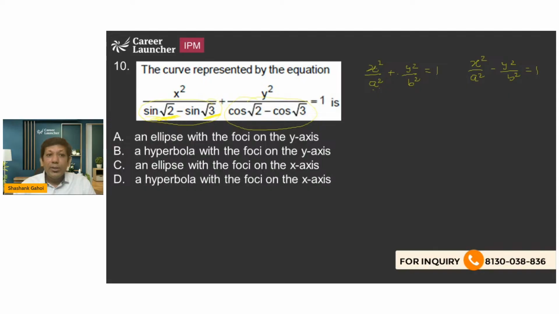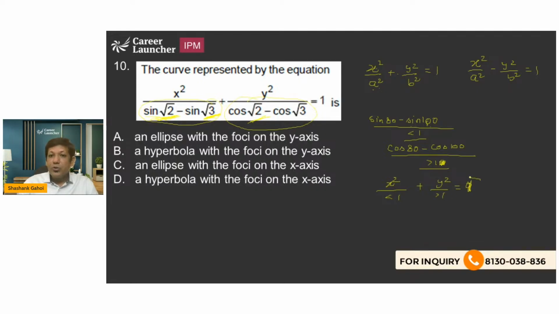ठीक है। sin root 3, ये भी रेडियन में है। Now basically sin root 2 is going to be close to sin 80, 85. ठीक है। So this number is going to be close to 1. ये वाली वैल्यू होगी ये 9, ये 100 के आसपास आएगी, तो sin 80 माइनस sin 100। अब sin 100 तो पॉजिटिव ही होगा क्योंकि सेकेंड क्वाड्रेंट में पड़ेगा sin 100। सेकेंड क्वाड्रेंट में साइन पॉजिटिव होता है, सो बेसिकली वी आर गोइंग टू गेट अ नंबर दैट्स लेस देन 1। ठीक है। cos 2, ये भी cos 80 हो जाएगा, 80 के आसपास कुछ। cos root 3, ये अपना cos 100 के आसपास हो जाएगा। ठीक है। अब यहां पे क्या होगा कि ये वाली वैल्यू आपकी 1 से बड़ी हो जाएगी, सॉरी। सो यू गॉट x स्क्वायर अपॉन अ नंबर दैट्स लेस देन 1 प्लस y स्क्वायर अपॉन अ नंबर दैट्स ग्रेटर देन 1।